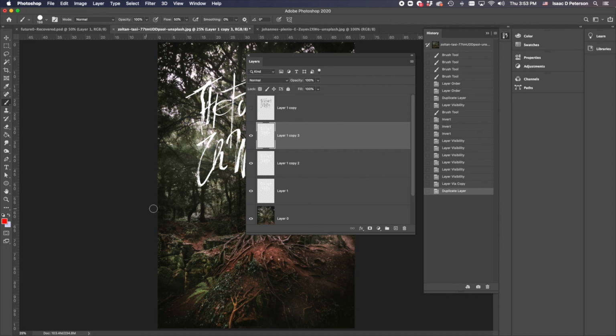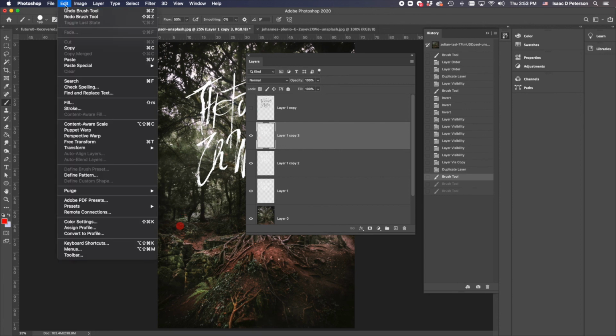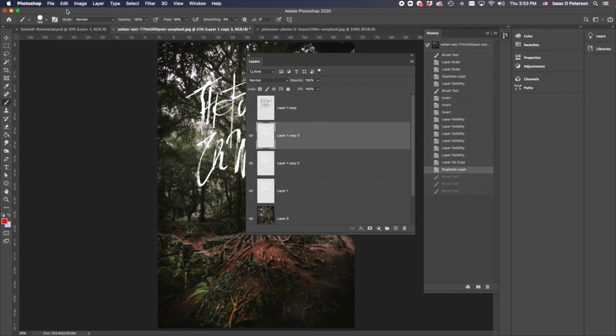Edit will give you the exact same things. If you make a little dot on your drawing, for instance, you can do Edit, undo it. But this is one of those things that's so essential that you absolutely need the key commands,